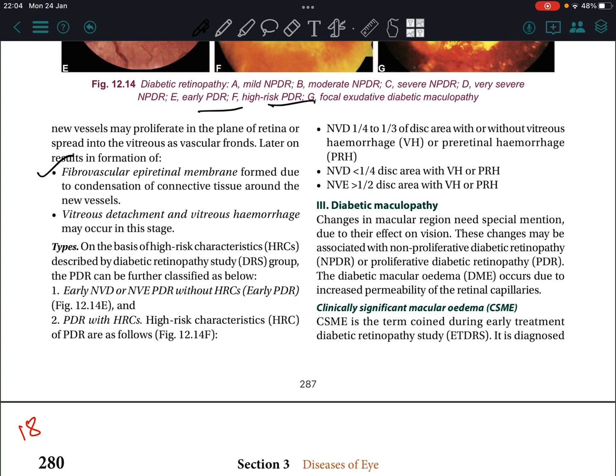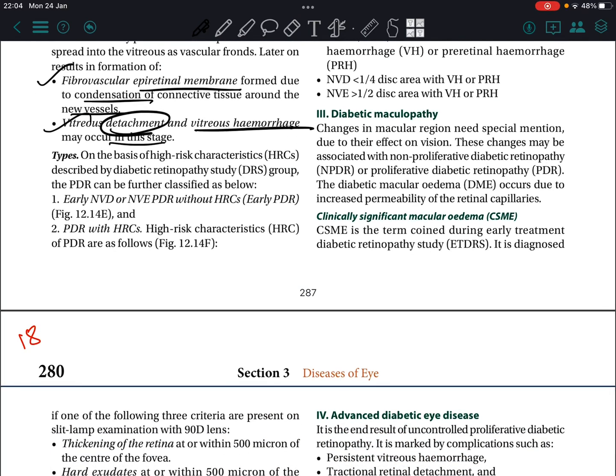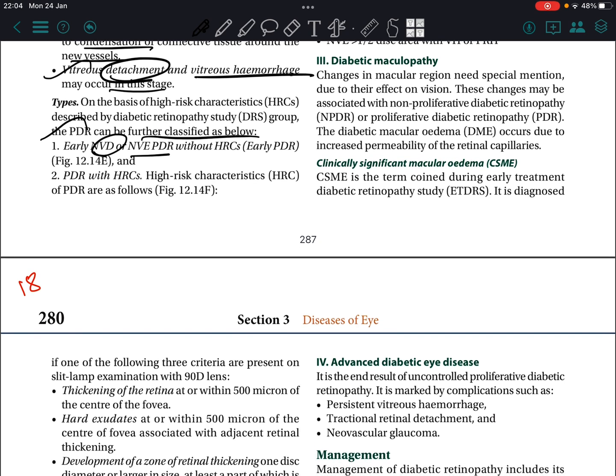Later on this results in formation of a fibrovascular retinal membrane, formed due to condensation of connective tissue along the new vessels. Vitreous detachment and vitreous hemorrhage may occur in this stage. Types on the basis of high risk characteristics described by the Diabetic Retinopathy Study group: the PDR can be further classified as early PDR (NVD, NVE), PDR without HRC, and PDR with HRC. PDR as follows: